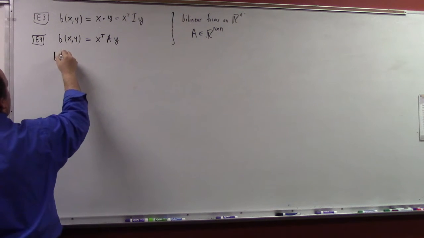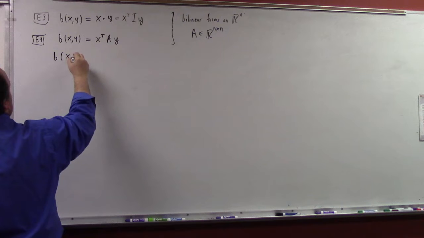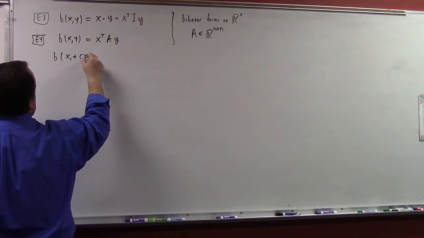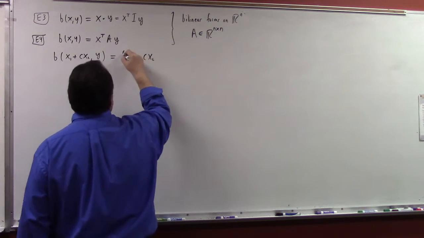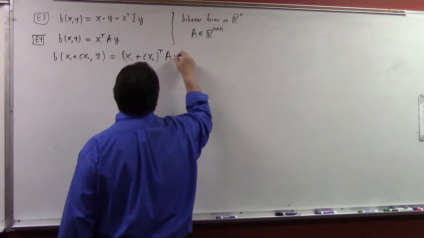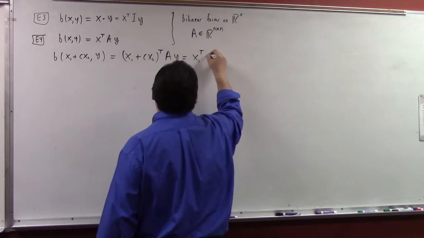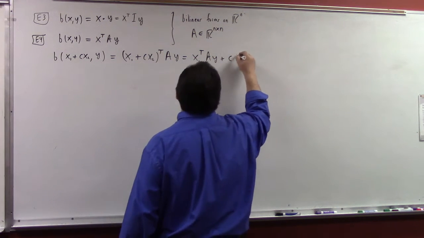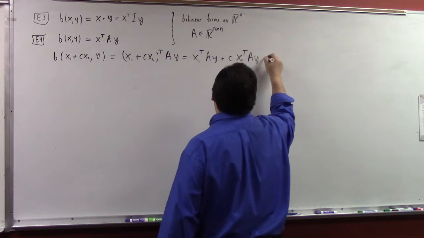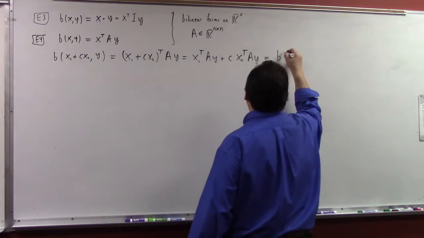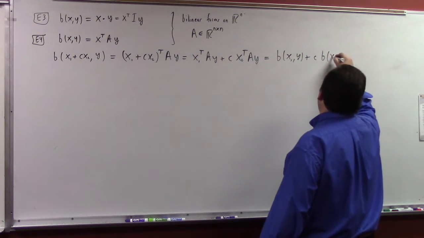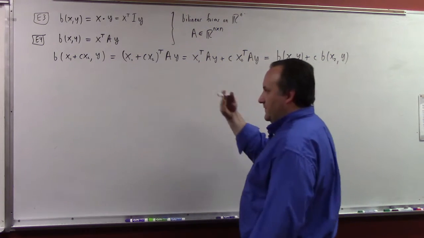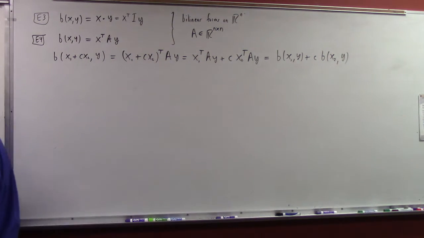so b of x1 plus cx2, or something like that, comma y, would be x1 plus cx2 transpose times Ay, which would be x1 transpose Ay plus c times x2 transpose Ay, which of course would be b of x1, y plus c b of x2, y. So there you go. There's the proof of the bilinearity in the first slot, but we can do these things. Now,